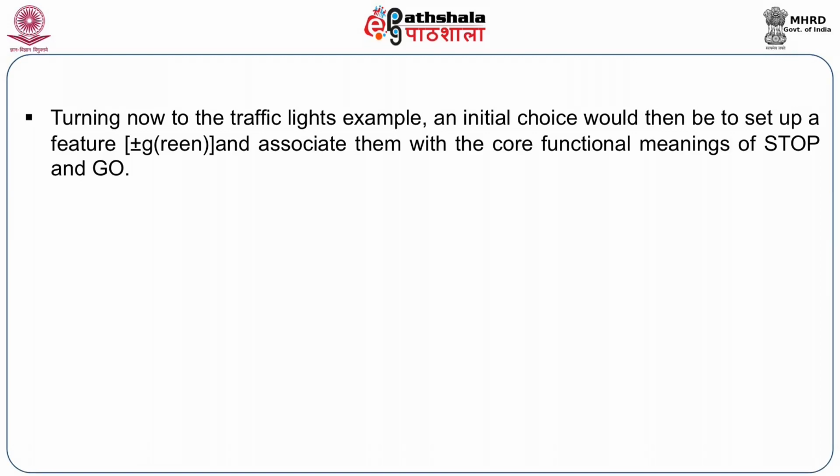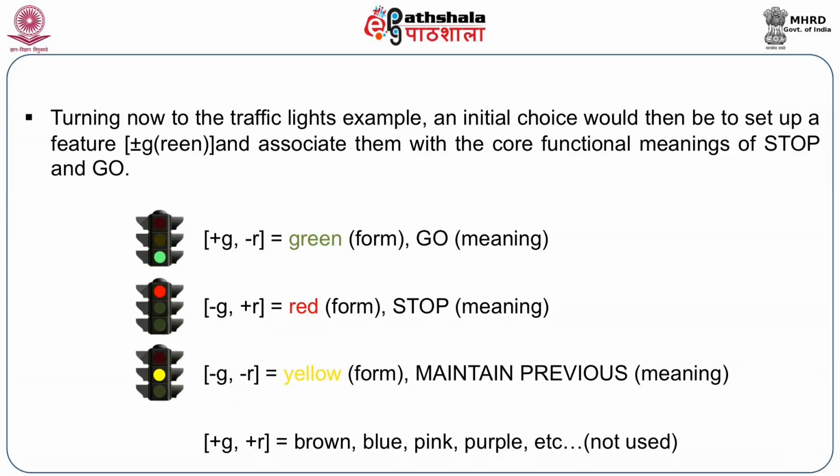So looking at the traffic lights example, an initial choice would be to set up the feature plus/minus green and then associate it with the core functional meaning of stop and go. So plus green is green in form and has the meaning go. Minus green is red or yellow, or in fact could be blue, purple, pink or any other, and it has